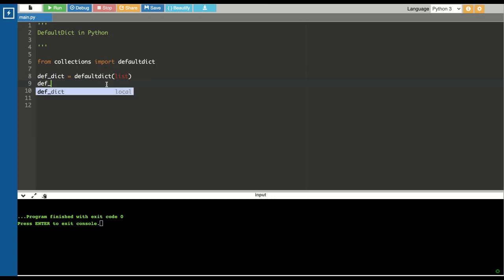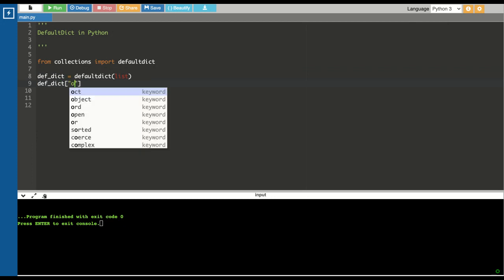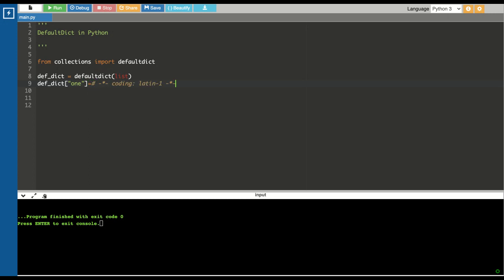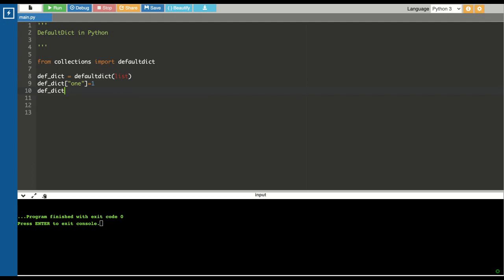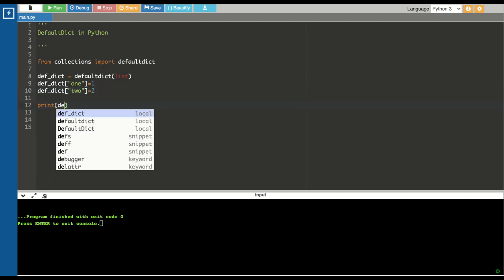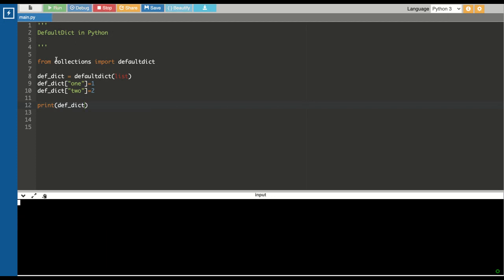Let's try to add some simple code and see. Here you can see it initializes the defaultdict and it's telling us that it is of the class list, and these are the key value pairs.